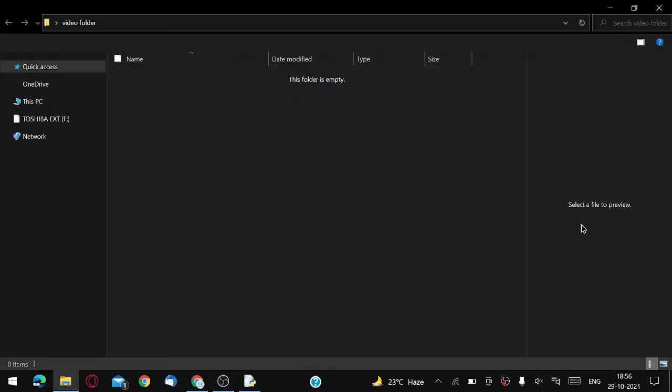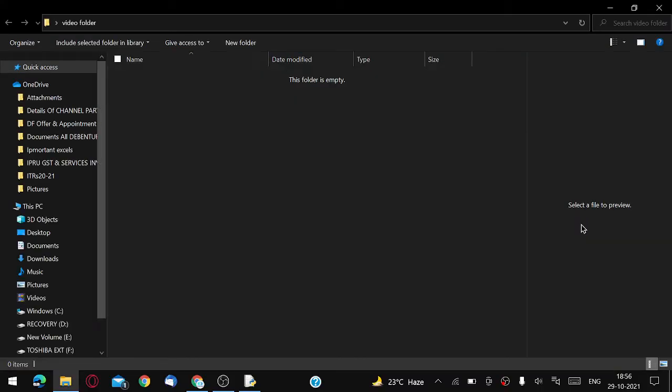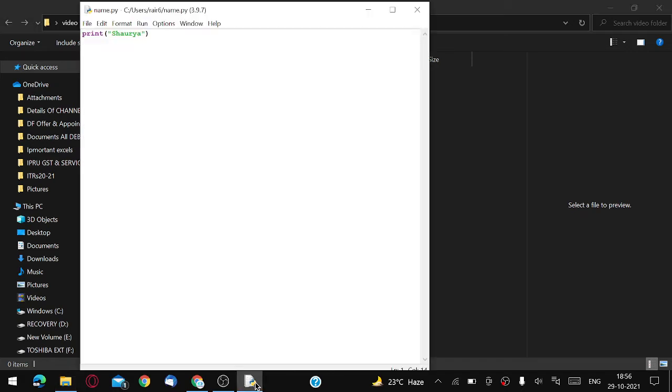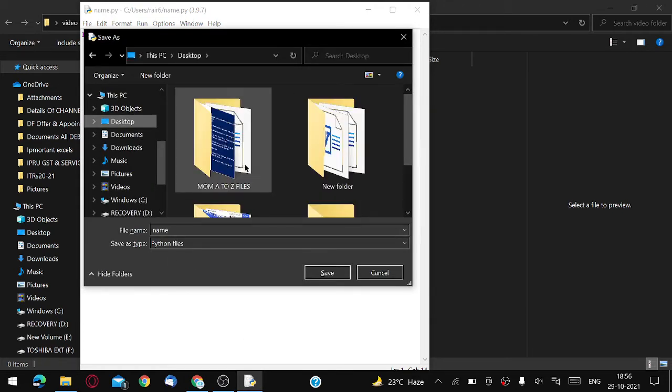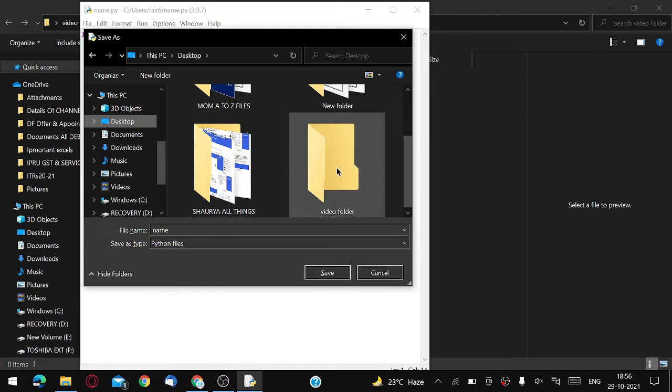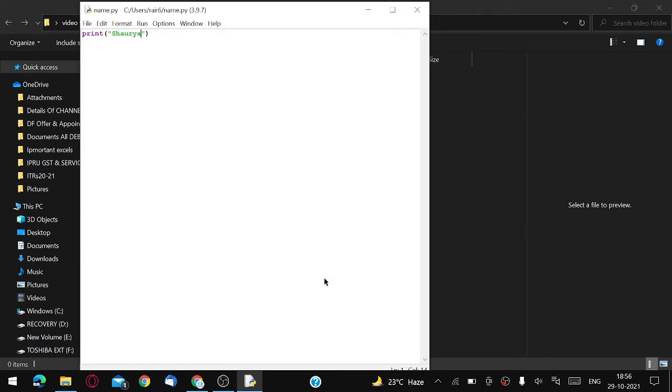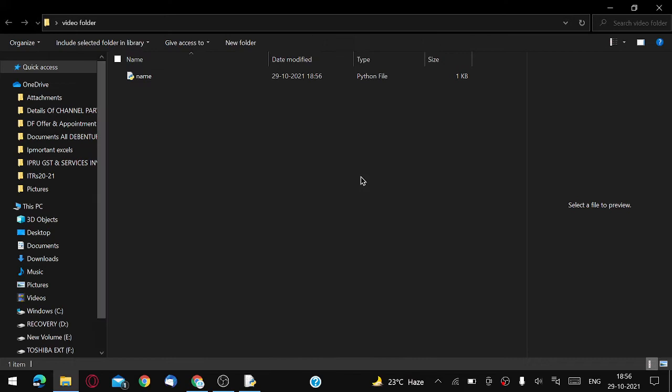I will also make a video on Windows 10 shortcut keys. I'm going to now save it on the desktop in the video folder. Go in it, save. And now if I create a new file in it,